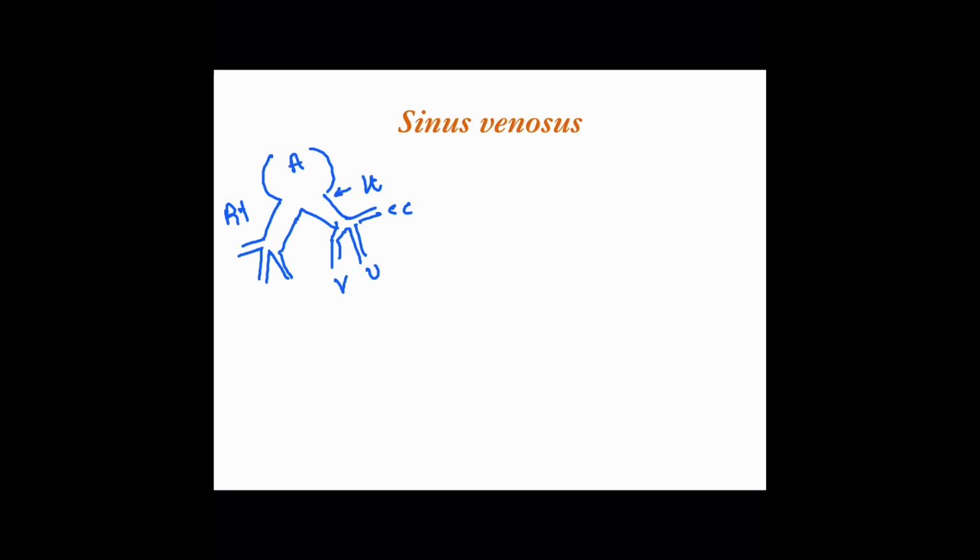This is atrium and this is sinus venosus. A groove, a furrow, appears between the atrium and sinus venosus. This is the sinoatrial groove, and it deepens in such a way that the left horn of the sinus venosus is totally cut off from the left atrium,